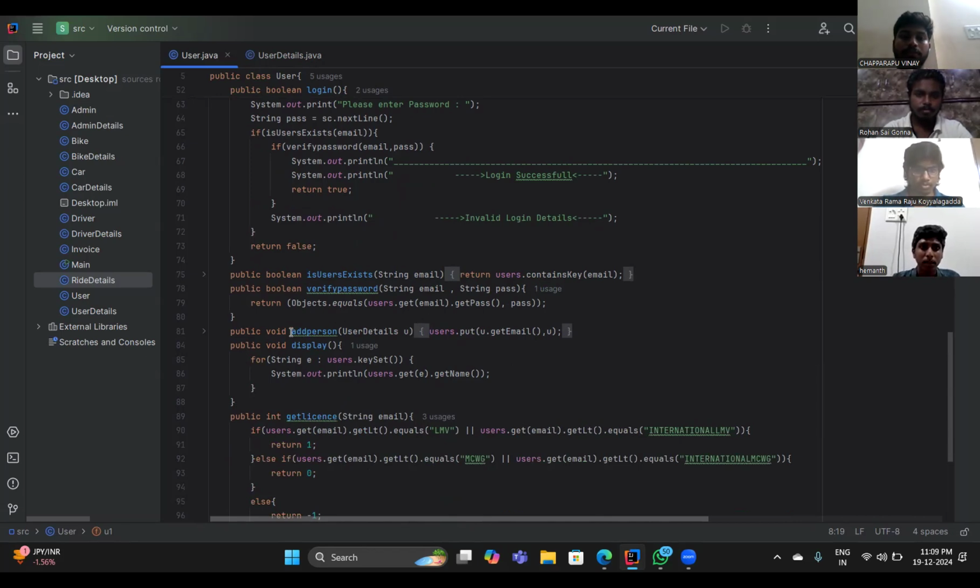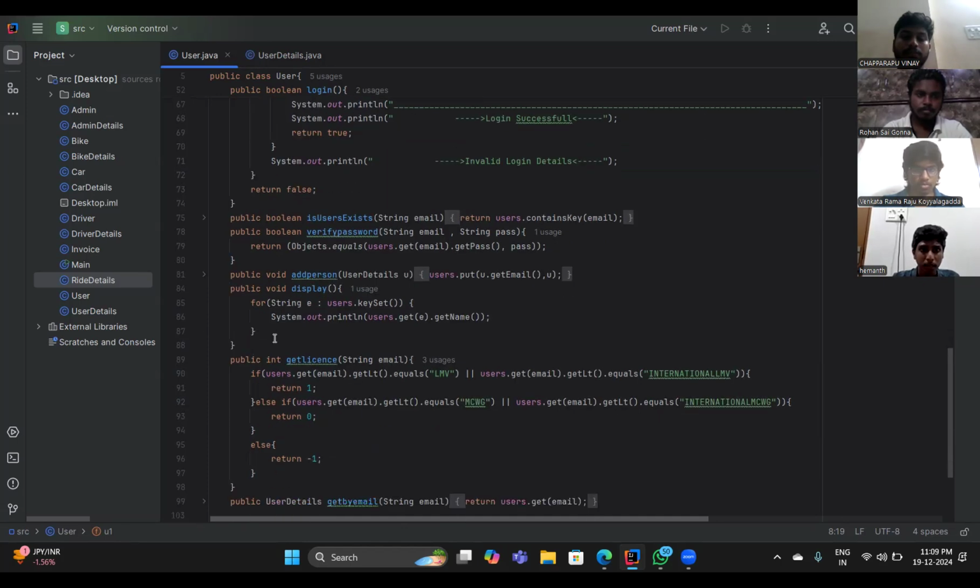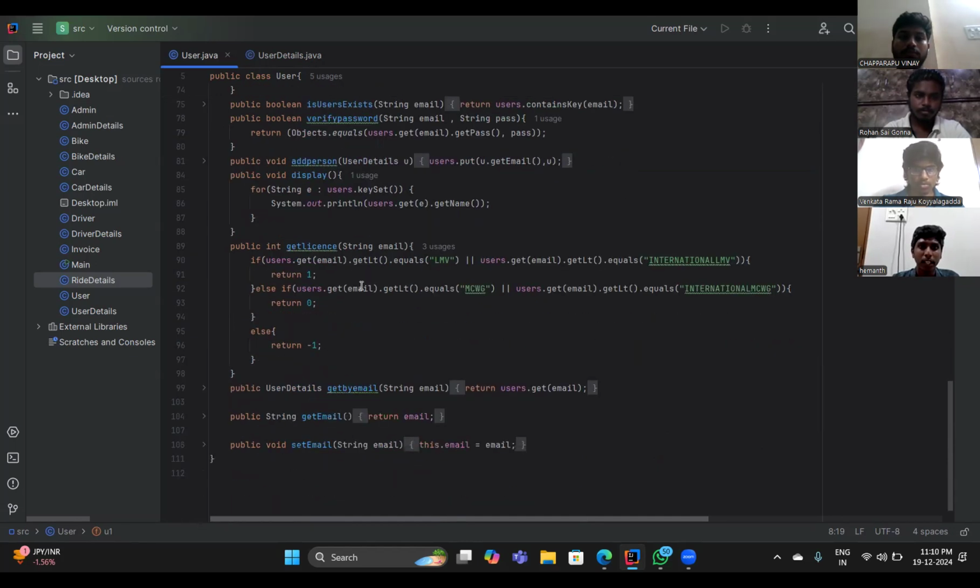And as we discussed before, this add person method adds all the details of the user into a hash map. Coming to this display method, it iterates through the hash map and displays names of each user. And coming to get license method,